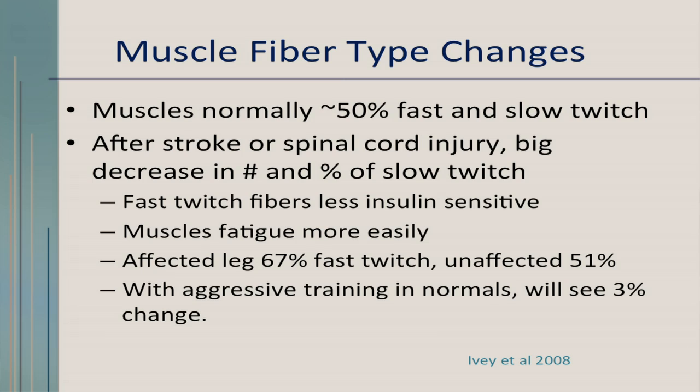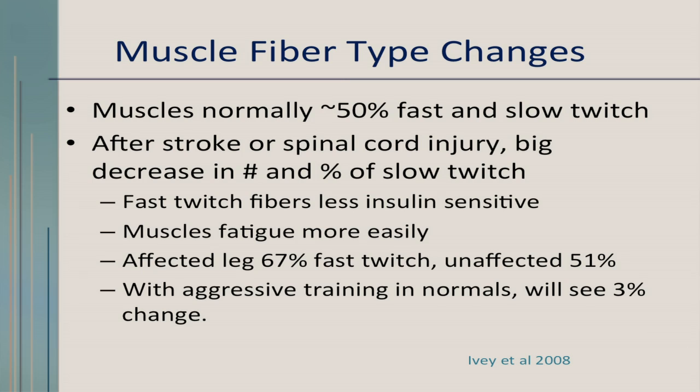Muscles normally have approximately 50% fast twitch and 50% slow twitch muscle fibers, physiologically. However, after stroke or spinal cord injury, there's a big switch in that there's a decrease in the number and the percentage of slow twitch muscle fibers. We know that fast twitch muscle fibers are less insulin sensitive. Fast twitch fibers muscles fatigue more easily, and so the patient that has more fast twitch muscle fibers is going to fatigue more rapidly, and then they're going to get tired and they're going to rest more and then become more sedentary. What they found was that the affected leg demonstrated 67% fast twitch fibers and the unaffected leg approximately